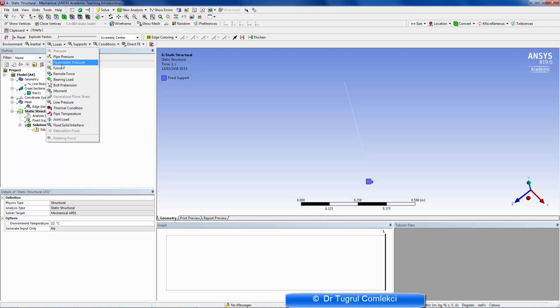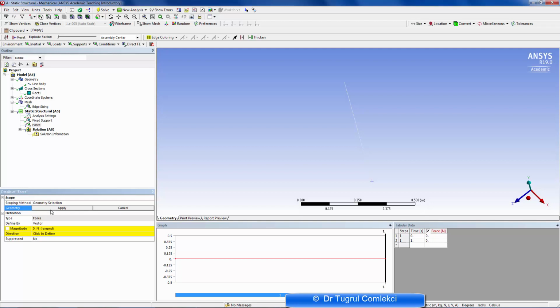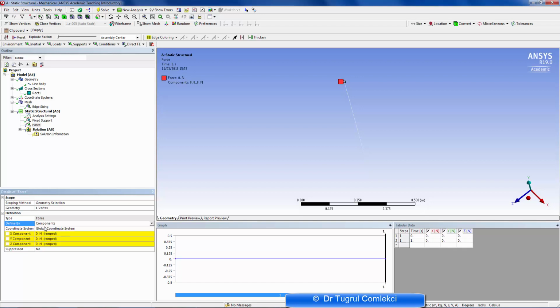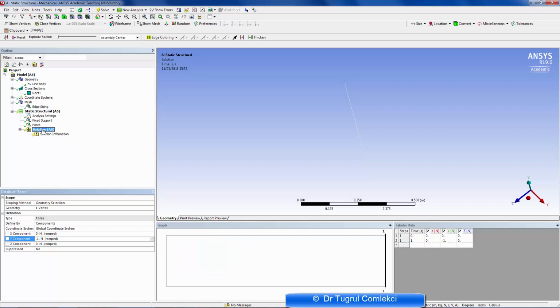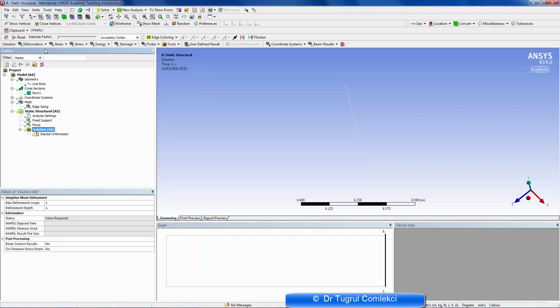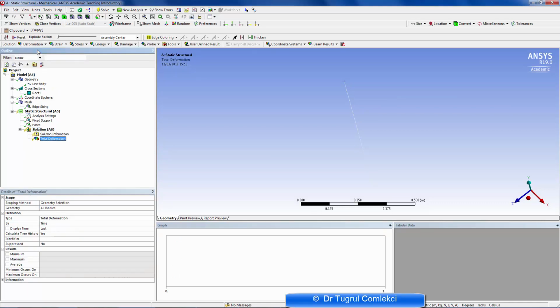So load, force, and again I need to select a point at the top and click on apply. And I can define the force on this based on components. So I need to do that as -1 newtons, and that is in the y direction. So the force is specified, and as an output I also want from this the total deformations and the total